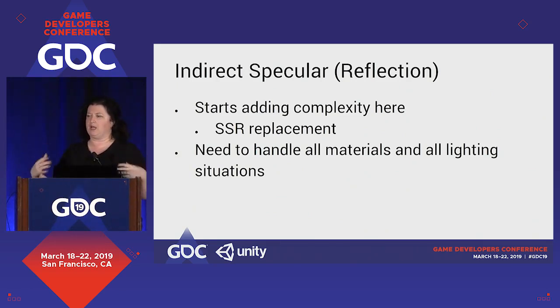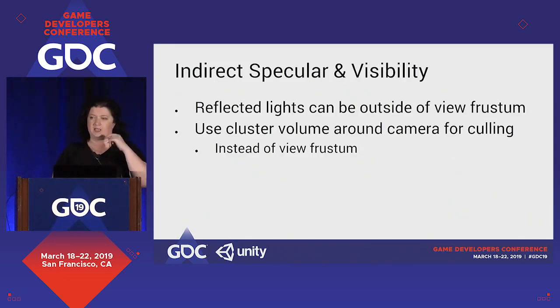The effect starts bringing a lot of the complexity for production pipelines. We typically want to bring them to replace screen space reflections because there's a lot of artifacts and it's a very challenging effect to do, but then we need to think about all the material permutations. There's another thing we need to think about from the perspective of engine architecture: we're really, really accustomed to doing visibility on our frustums, right? I declare my view, I run the visibility, be it occlusion culling or whatever, and I'm really proud of myself. Yeah, that doesn't work anymore, because now the object that I'm going to reflect may be outside of my cluster visibility, and that visibility is actually not accurate for the particular situation.